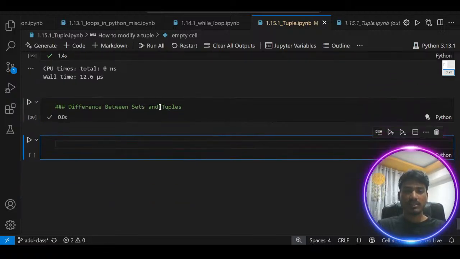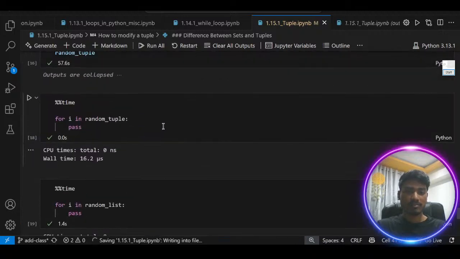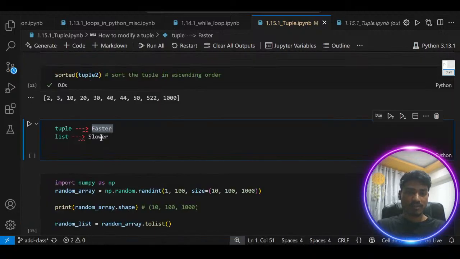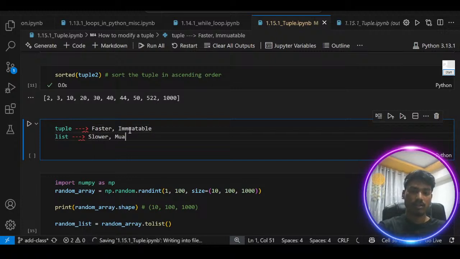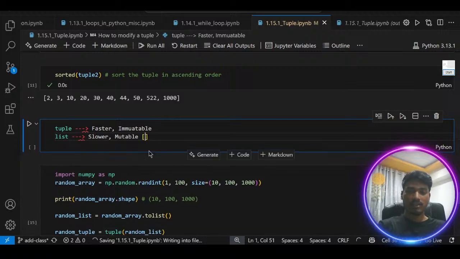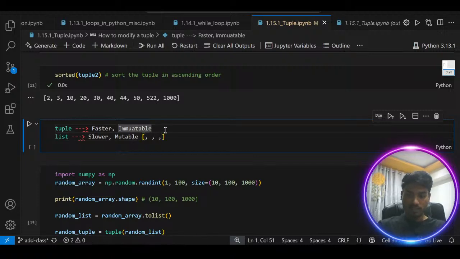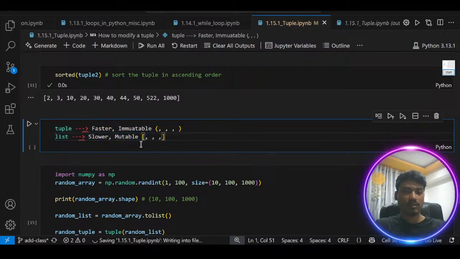तो हमने डिफरेंस बिटवीन लिस्ट एंड टपल देख लिया, राइट? लिस्ट एंड टपल में क्या डिफरेंस है कि टपल इज अ फास्टर, लिस्ट इज अ स्लोअर, टपल इज अ इम्यूटेबल, लिस्ट इज अ म्यूटेबल। ठीक है, ये बेसिक डिफरेंस है। और बाकी डिफरेंसेस क्या रहेंगे कि ये कुछ इस तरीके से स्टार्ट होता है और वहां पर यहाँ पर कॉमा कॉमा रहता है, ये भी कॉमा कॉमा रहता है। ठीक है, कुछ बेसिक डिफरेंस ये भी है, बट दिस इज लाइक यू कैन टॉक इन इंटरव्यू कि ये दो पॉइंट ज्यादा इंपॉर्टेंट है।